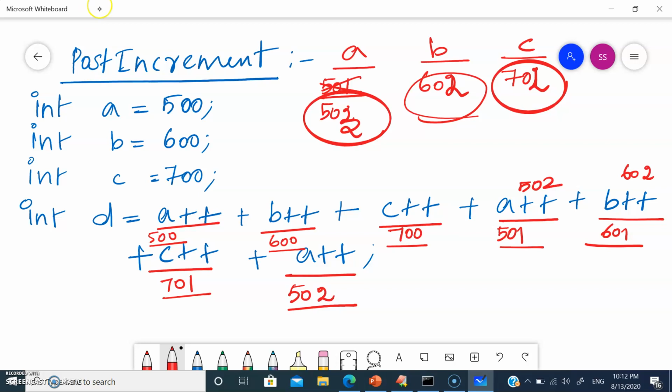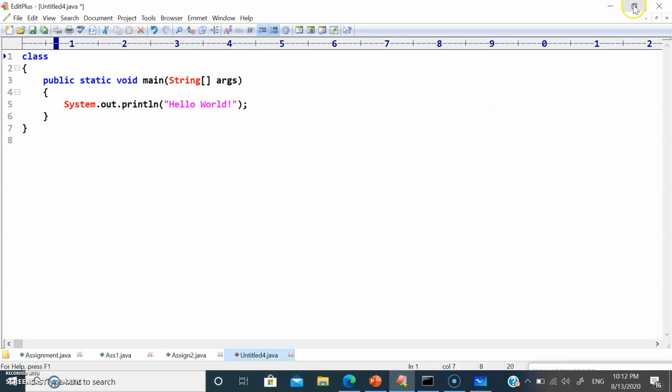The same code we are going to write in our EditPlus. We are going to check whether the a value, b value and c value are correct. Let's take unary operator 1.